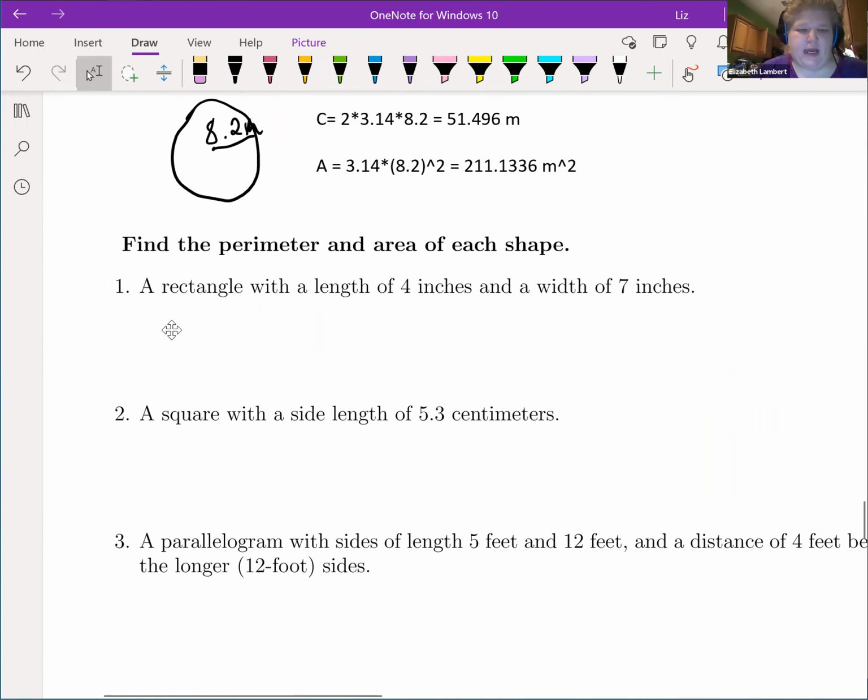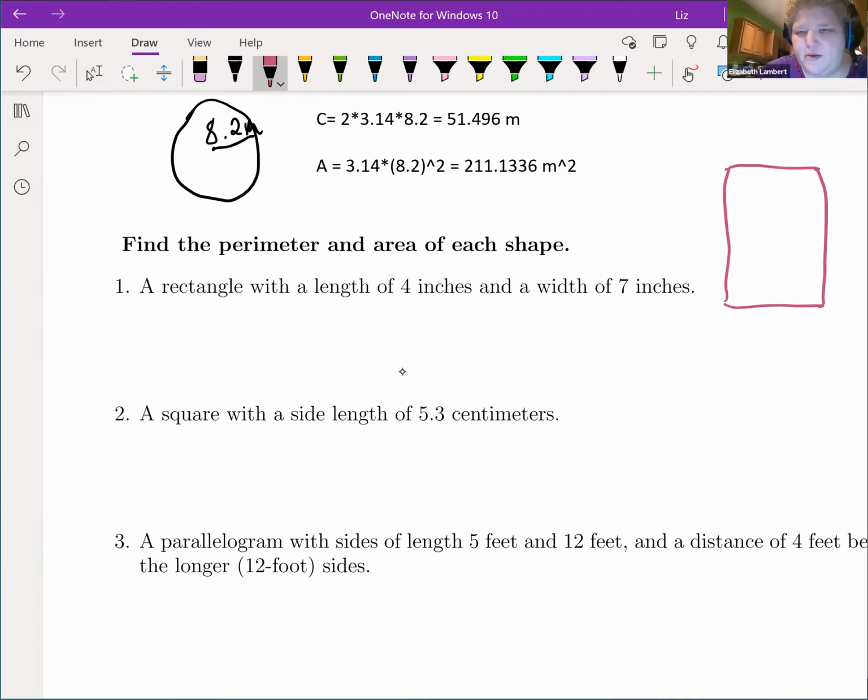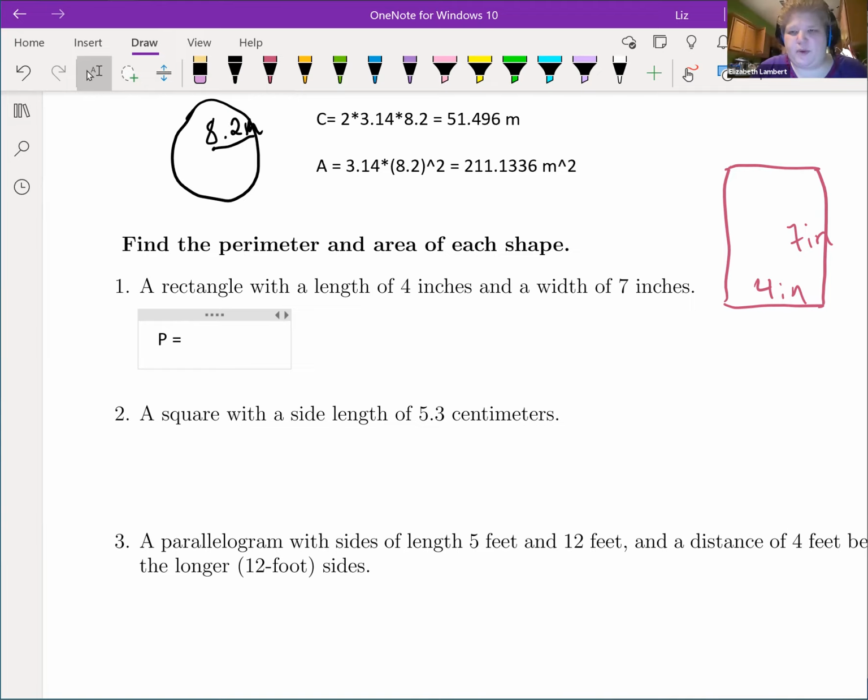Now perimeter and area. So a rectangle with a length of 4 inches and a width of 7 inches. Methinks they got the labels backwards. Really, it doesn't matter, but if we're going to doodle a picture, length, width, 4, 7. All right, so our perimeter. And you can write this any way you want. If you want to write 4 plus 7 plus 4 plus 7, that's fine. Or if you want to do like the formula I had, 2 times 4 plus 2 times 7,